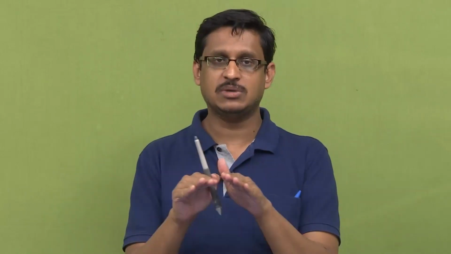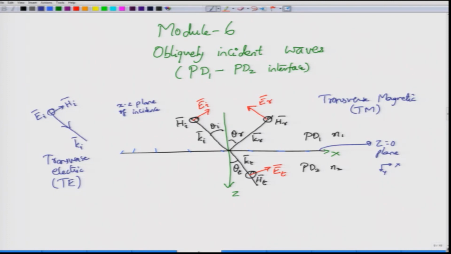You can do a superposition because Maxwell's equations are all linear, and this problem that we have considered is actually a linear problem. So, we can consider separately what happens to TE waves upon reflection and transmission, TM waves upon reflection and transmission, and then combine the two results. Okay. This is a perfectly valid way of approaching this problem, and as an example we will look at the transverse magnetic case. I will leave the corresponding derivations for transverse electric to you, right. So, I will not consider further the transverse electric case, I only consider the transverse magnetic case.